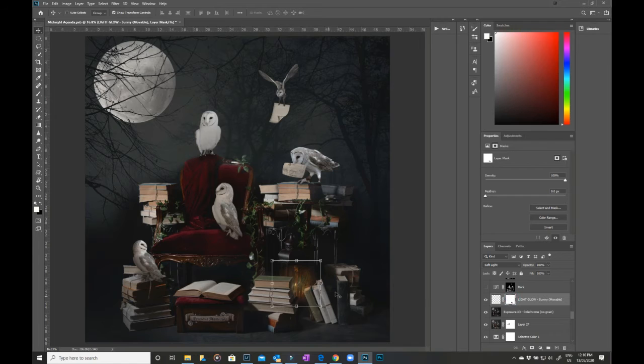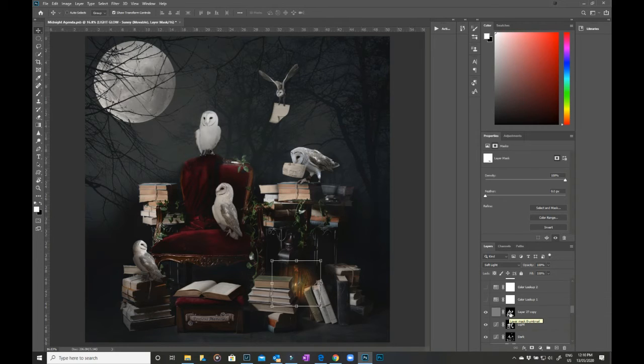I also added a soft glow to the lantern down here as well. I then did a dodge and burn. I did it on 2 separate layers using a curves layer, just to give it some more definition in some of the areas. I also then did a high pass filter, which I